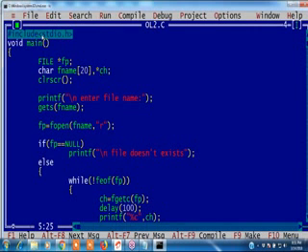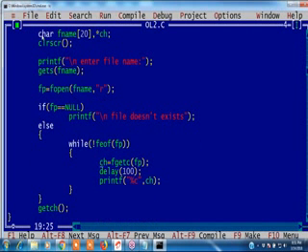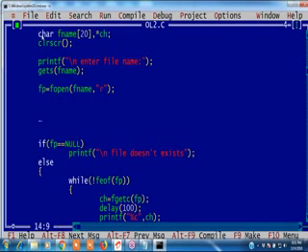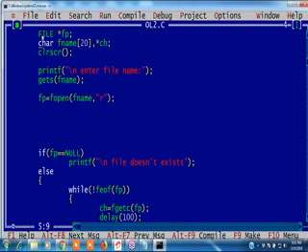And also one pointer, I am taking char star ch. What is ch? I will tell you. Enter the file name to read, and if the file does not exist... I want to read. Okay, if you want to read, before reading I want to find out the file length.